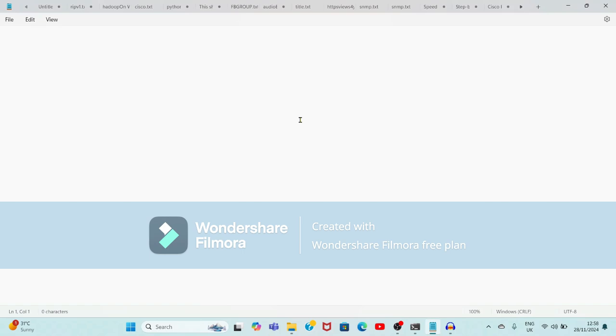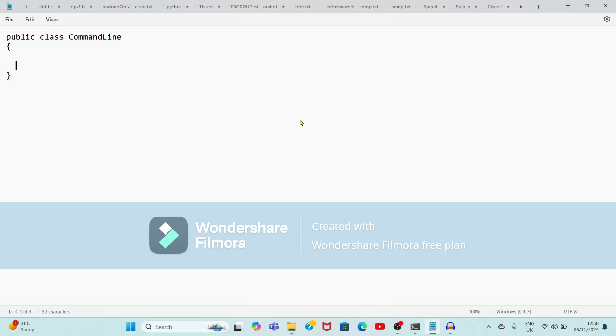Here in Java, we have to create the class, so I will create a public class, and here you have to pass the name of the class. Make sure that your file name and class name are the same. I have given the file name as command line, so I will give the class name also as command line. Within this class, first we will create a block, that is opening and closing curly brackets.